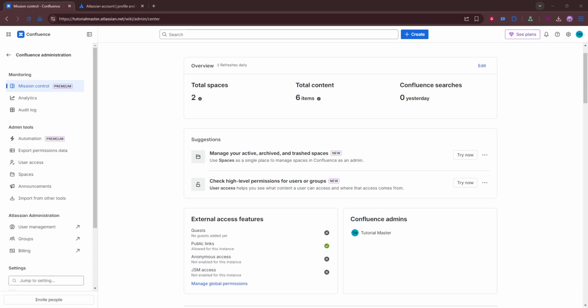In today's video, I'm going to teach you how to change your time zone in Confluence. Getting your time zone right is more than a nice to have. It ensures page edits, comments, notifications, and due dates line up with your actual local time. That way, you and your team stay in sync and you avoid confusion around when something was updated or when